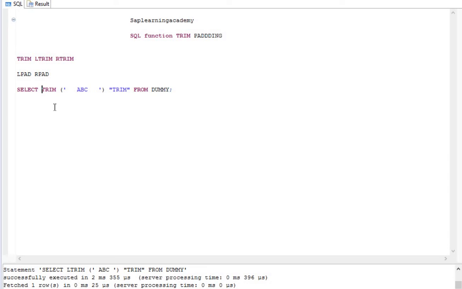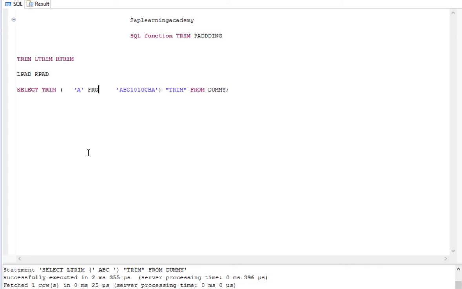Now suppose we want to remove some character using the trim function. How are we going to use this? Suppose you do not have any spaces. We are trying to remove some character from this string, because with the trimming function you can also remove characters. Suppose you have ABC 101 CBA.